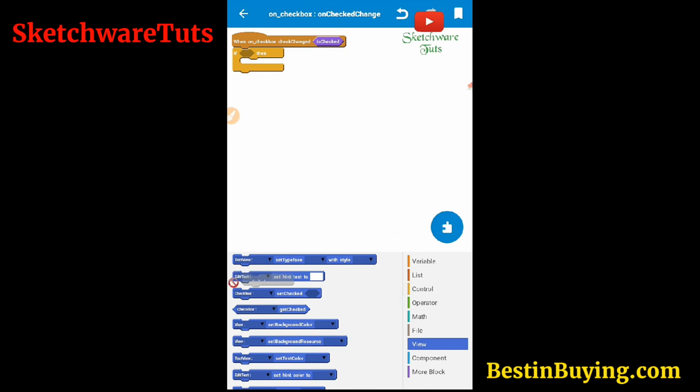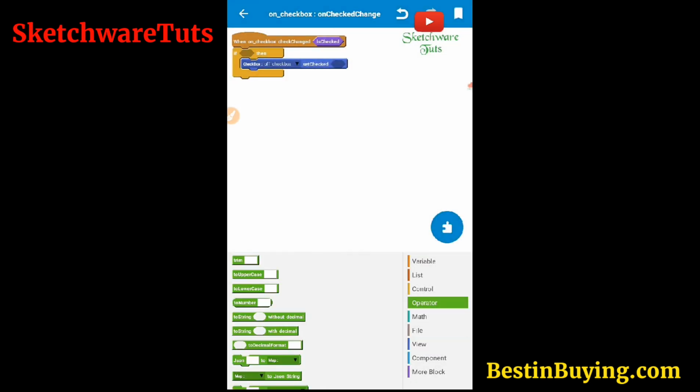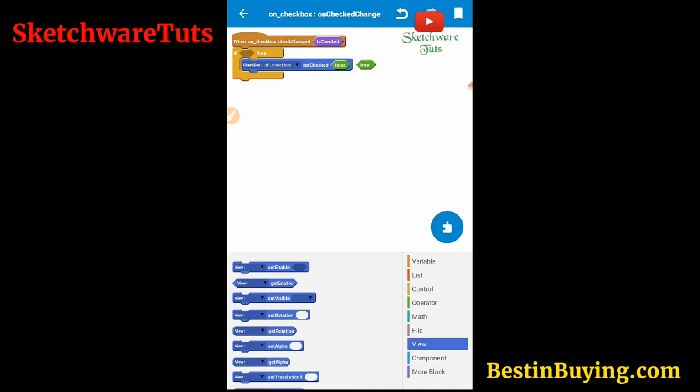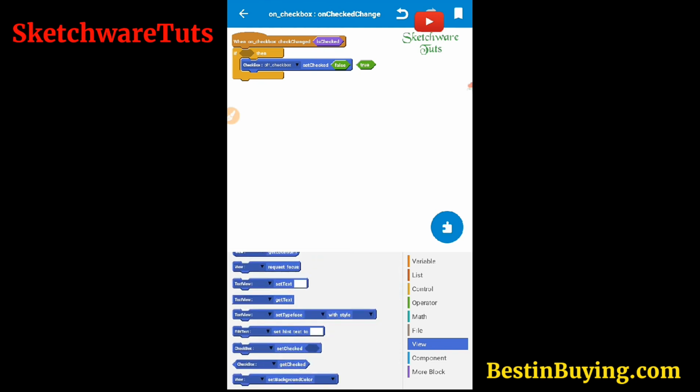the off checkbox should be turned off when the on checkbox is, sorry, one moment, okay, when the on checkbox is checked, the off checkbox should be automatically turned off. So for this now logic is if checkbox on is checked, checkbox off should be checked false, which means off.